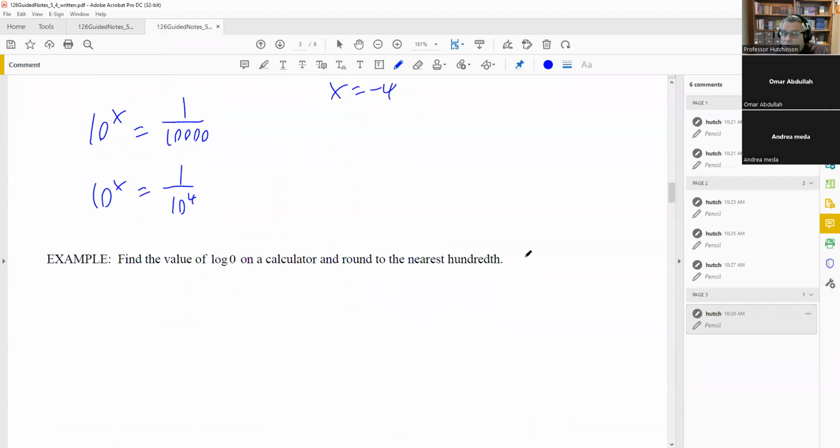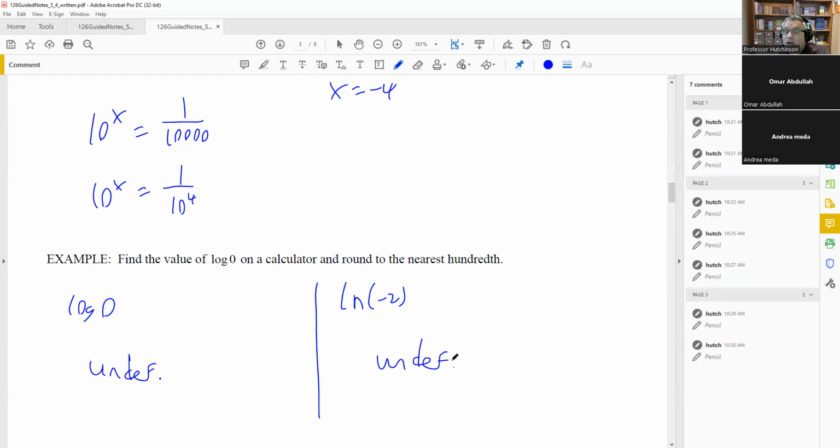Okay, let's try another one. In fact, I'm going to try log of 0, and let's also try log of negative 2. Or actually we'll do an ln instead, ln of negative 2. If you try putting either one of these into your calculator, you're going to get an error. If I put that in there, log, and put 0, it says undefined. In fact, this one is also going to say undefined. Okay, so now we're starting to get into some situations where not every number actually works inside of a log. 0 didn't work, negative 2 didn't work. So because of that,